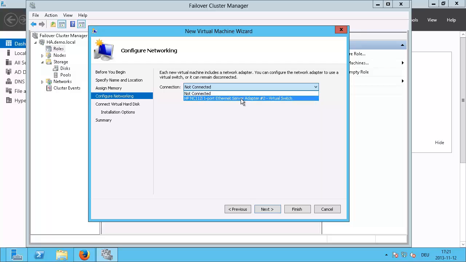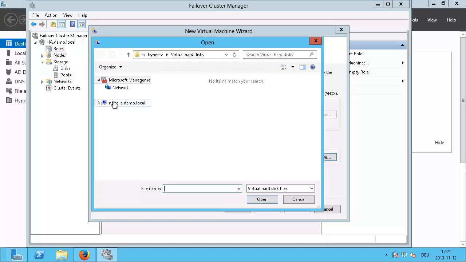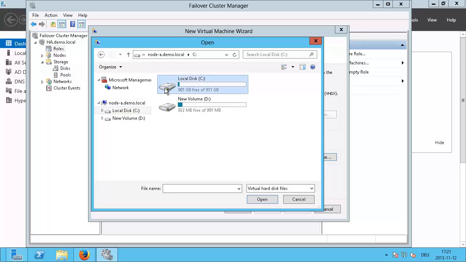So next, that's my virtual machine name, and now it is asking me whether I want to create a new disk or use an already existing one. Yes, as you saw, I have an image prepared. So I go to browse, go to local disk, clustered volume, and in volume 1 I have this image. Okay, so I open, next,